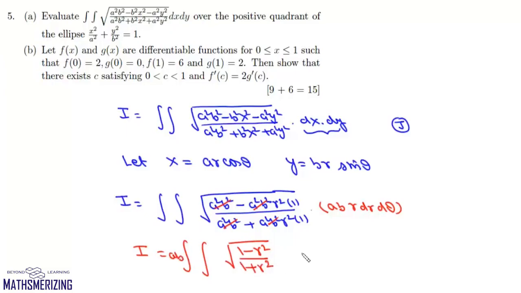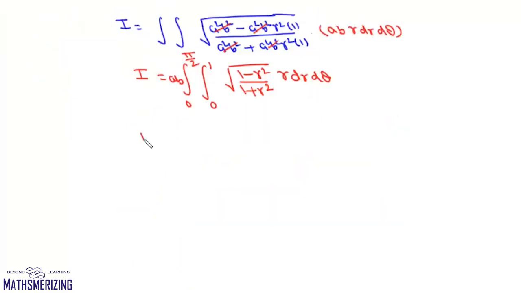We'll take this ab out and then r dr d theta, where the value of r varies from 0 to 1, and since it is in the first quadrant, the value of theta will vary from 0 to pi by 2. Now we can write this integral as ab and then this integral from 0 to 1 of the square root of (1 minus r^2) upon (1 plus r^2) r dr times the integral from 0 to pi by 2